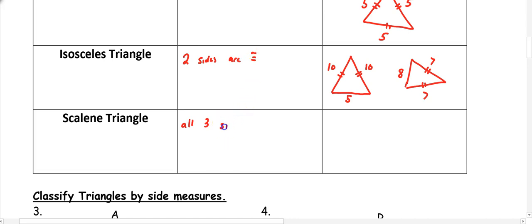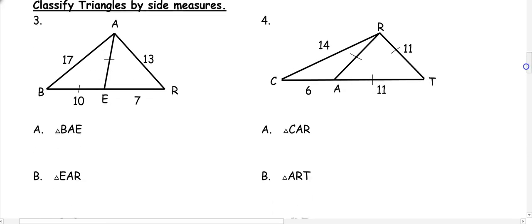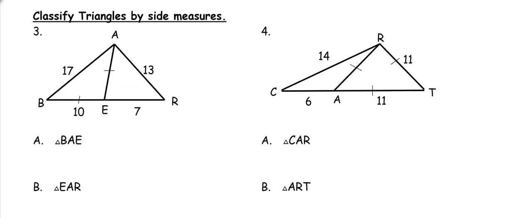are different measures. So for example, I might have a triangle that's 4, 6, and 9. So let's classify the triangles by side measure. So the first triangle that we are looking at is BAE. So in BAE, we have that tick mark, which means if this side is 10, this side is